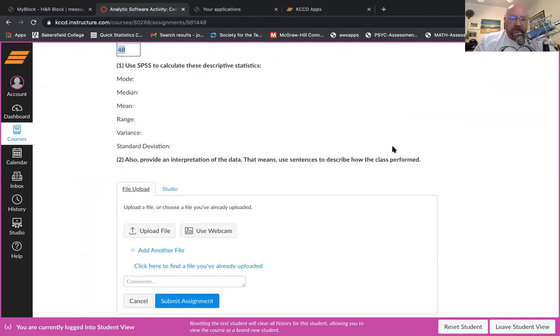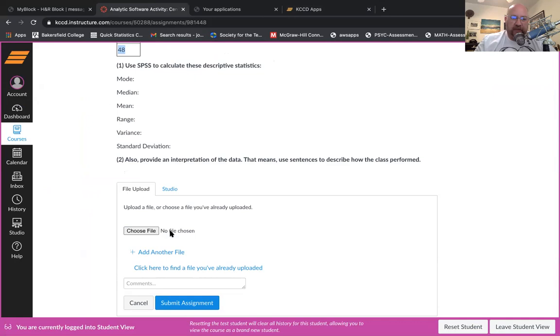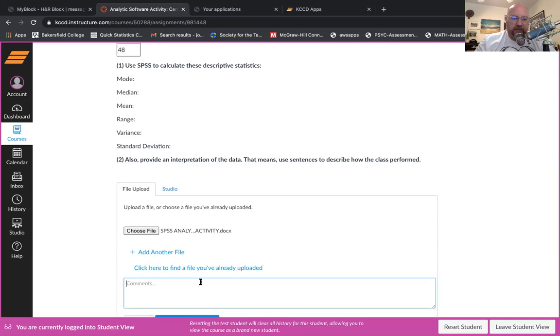So you click start assignment, and then you'll get this window down here, and it says upload file. That's where you do it. You click on upload file, and then you choose the file that you want to upload. I put it on the desktop, and I called it SPSS Analytic Activity. There it is. I'm going to open that up. There we go. It's attached, and you can even put some comments there, like, hey,